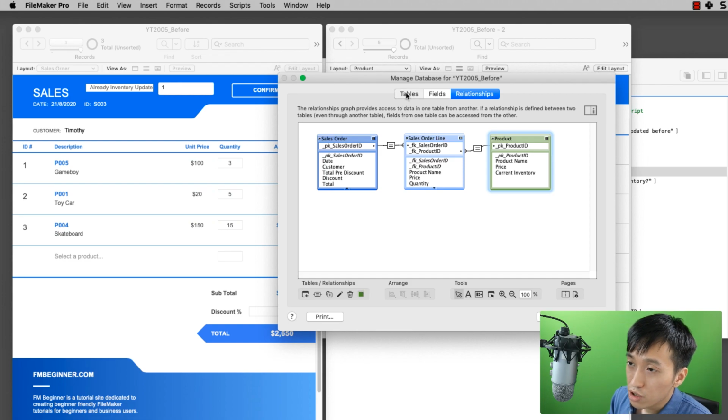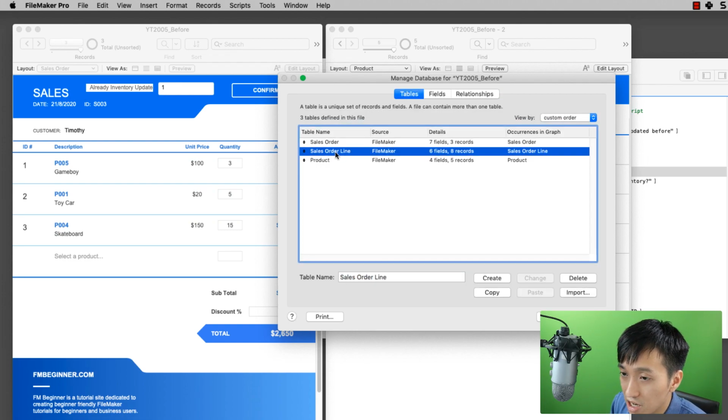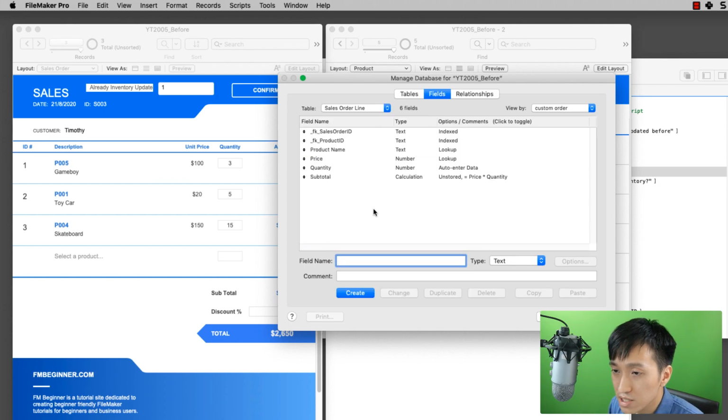So the first thing I want to do is, in the sales order line table, which is the portal table here, set up a field to check if there's still enough stock. Let's call this field not enough stock. Again, this is a field to help us determine a certain issue. Previously we had a field that shows a sales order has already updated inventory. This time we are going to create a field that checks if we have enough stock to fulfill this line item. So let's make a calculation here